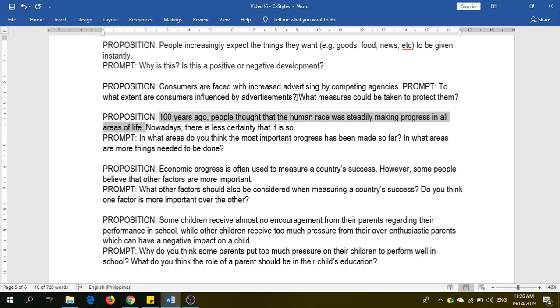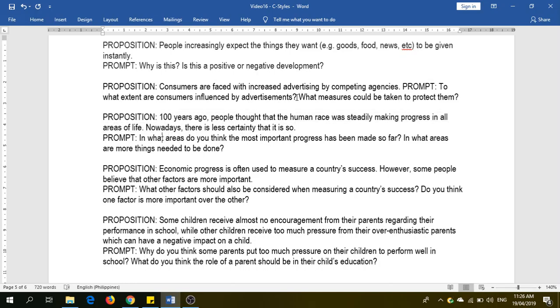So if you can see from the very premise itself, it's already a crossover, so that as cardinal rule number 2 states, everything that's in the question prompt should be expounded, expanded, explained, and elaborated in the essay. So that means that you'll have to talk about these two sides of the issue in the essay itself.